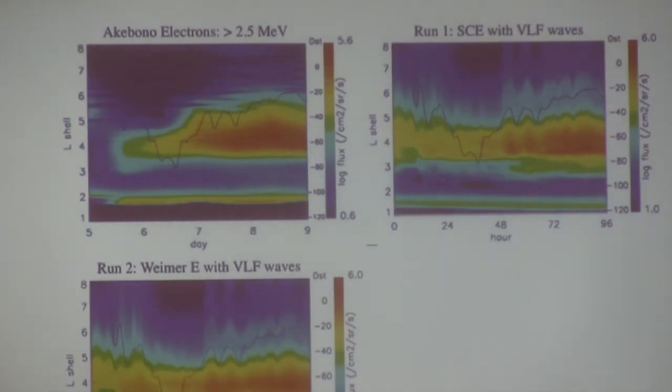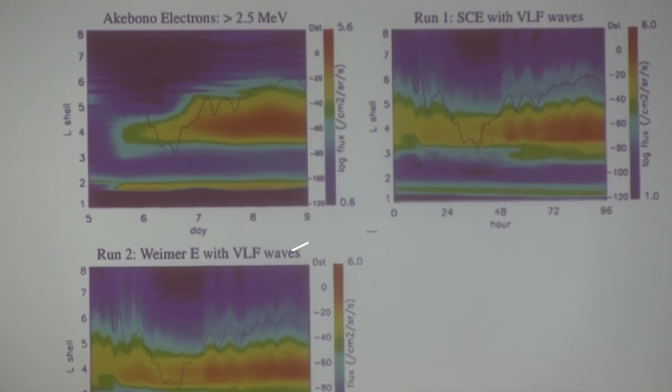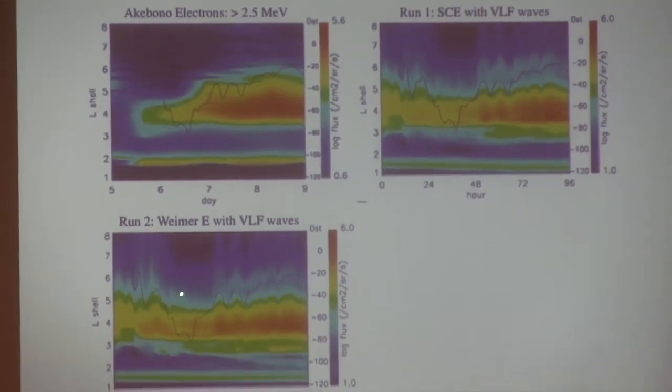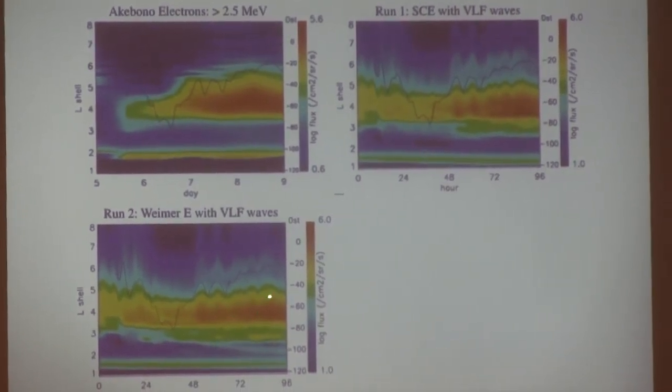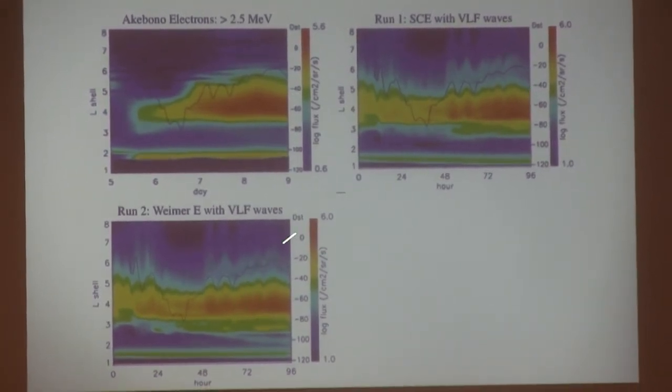And this is the run with the Weimar model, the same run but just using the empirical model. You also see the enhancement during the recovery phase, and actually they look similar. But if you look more carefully, with the self-consistent electric field we get a stronger enhancement during the recovery phase, and we wonder what caused this enhancement. So we